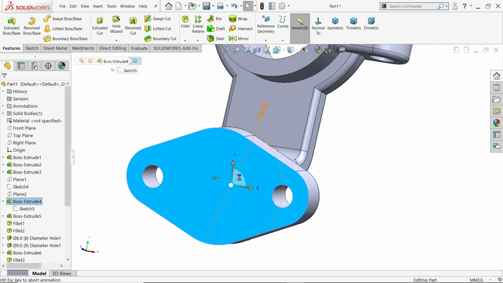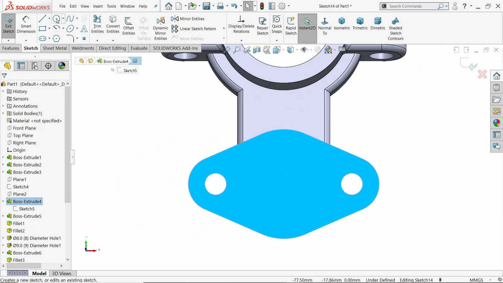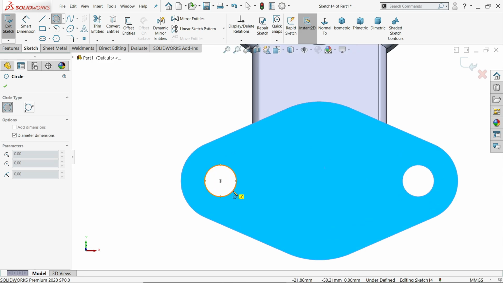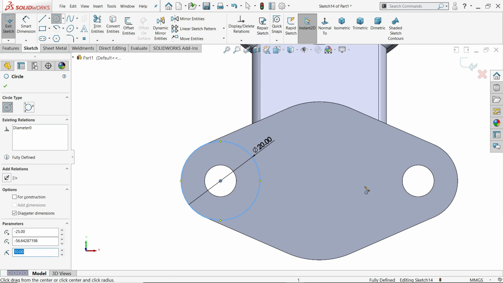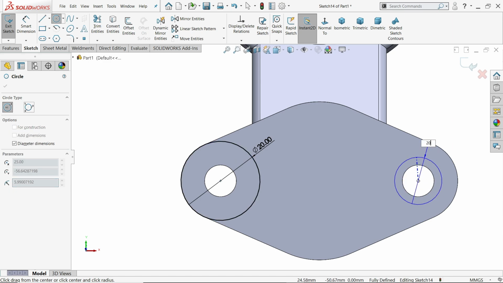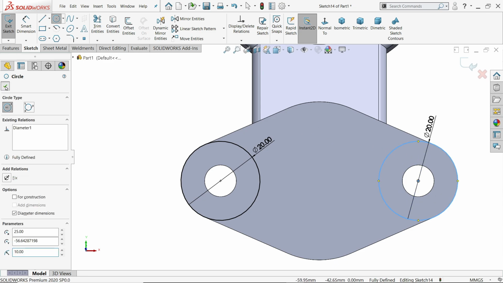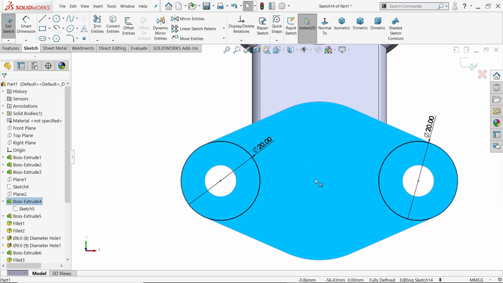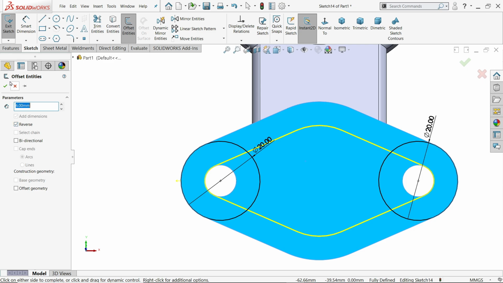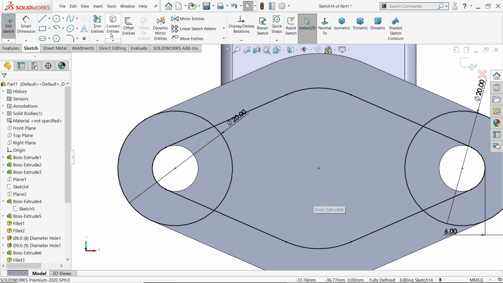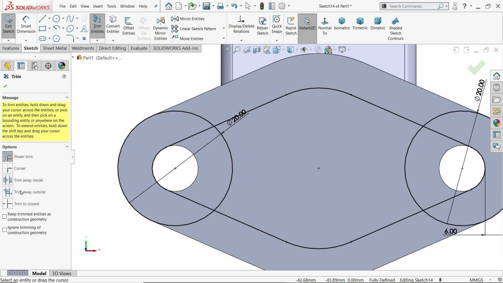So select this face, sketch. Now first I'll choose circle and the first diameter 20. Okay, I'll select this face, Offset Entities, keep 6 millimeter, reverse. Okay, Power Trim, Trim Entities, click Power Trim and just move your cursor.